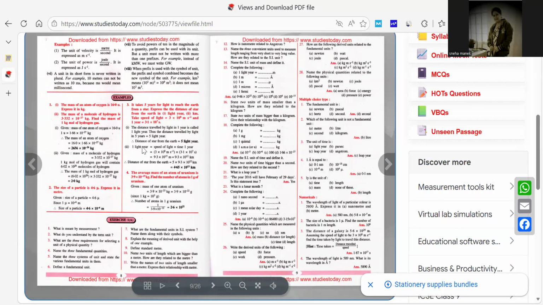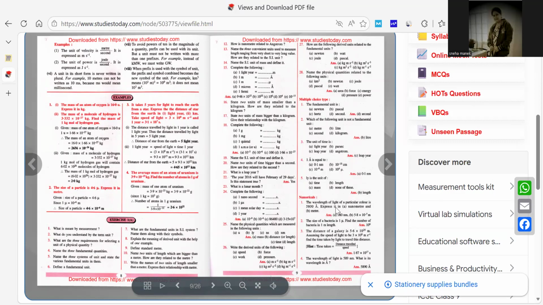Hello everyone, I'm back with another video, and in this video we are going to discuss some numericals related to class 9 ICSE chapter 1, first part. You can see on your screen the book's PDF file is already open, and so let's start with the first